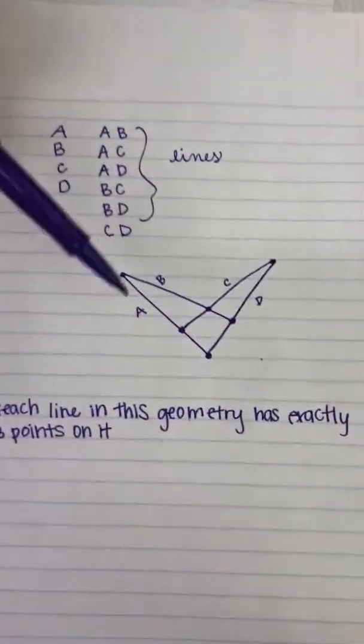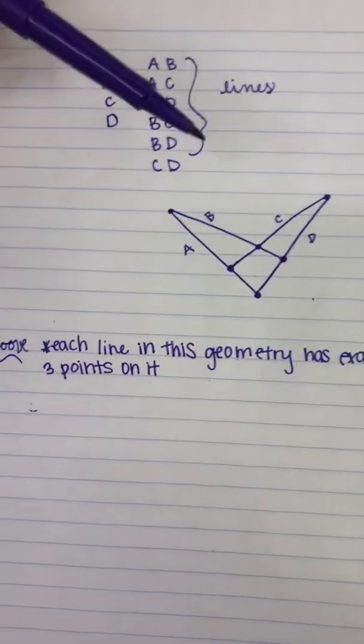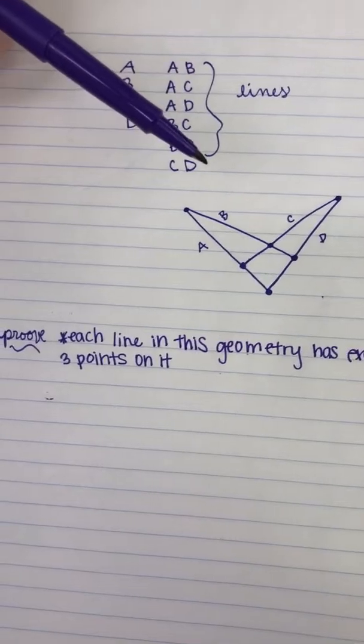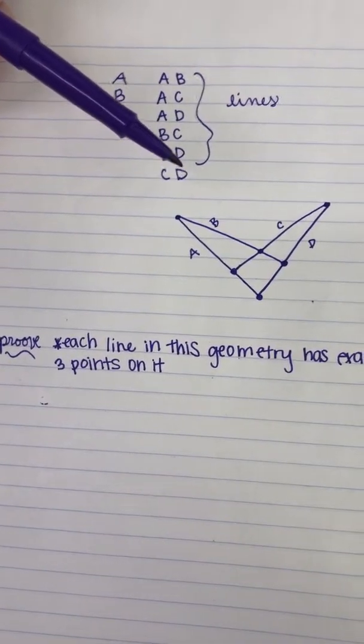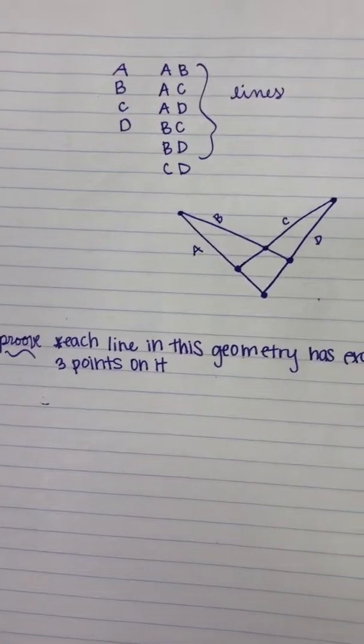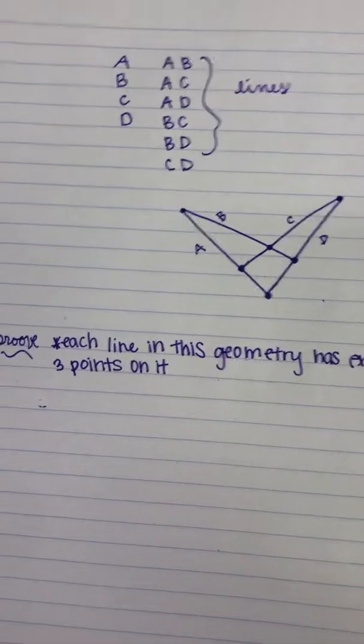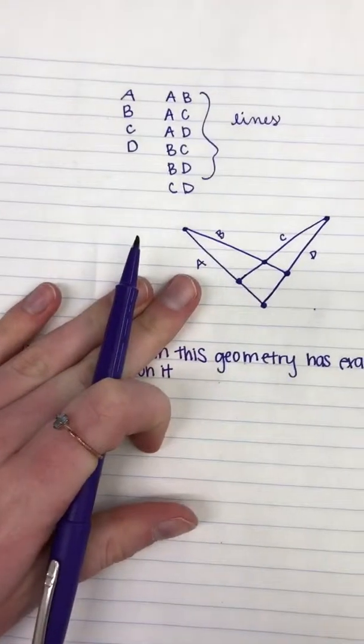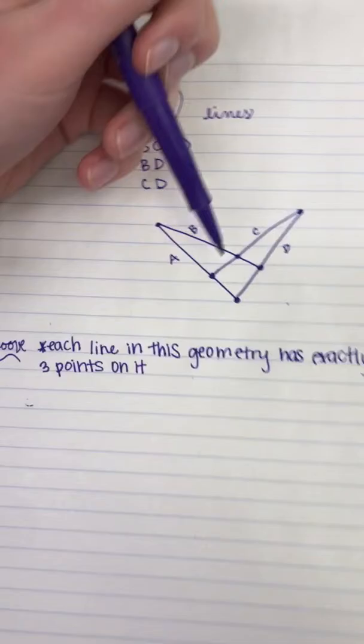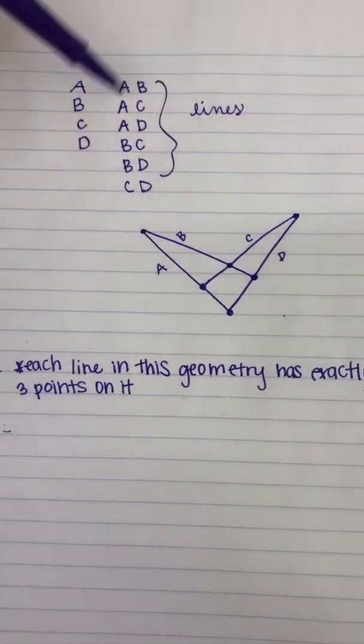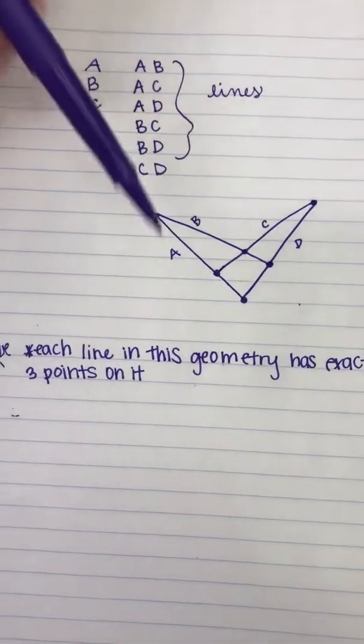So in part 3 of my video, I will be explaining and proving why there are exactly 3 points on each line, assuming that I've already proved that there are exactly 6 points in my previous video. So firstly, for our geometric construction, we will be referring to our lines here as they will all intersect with